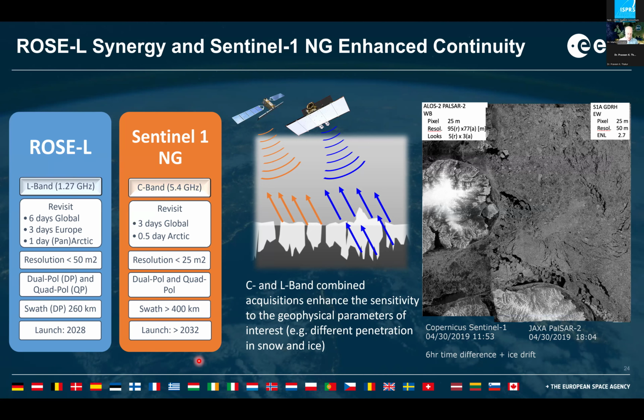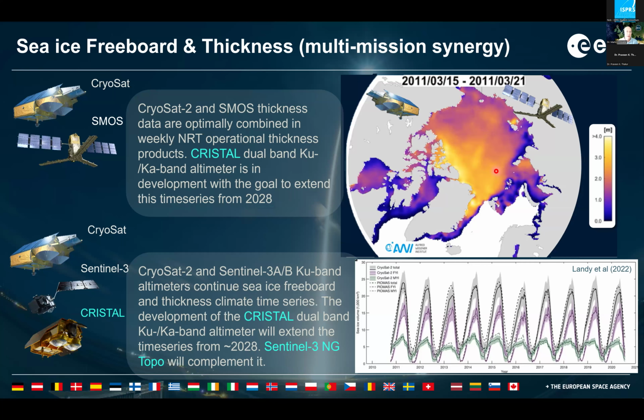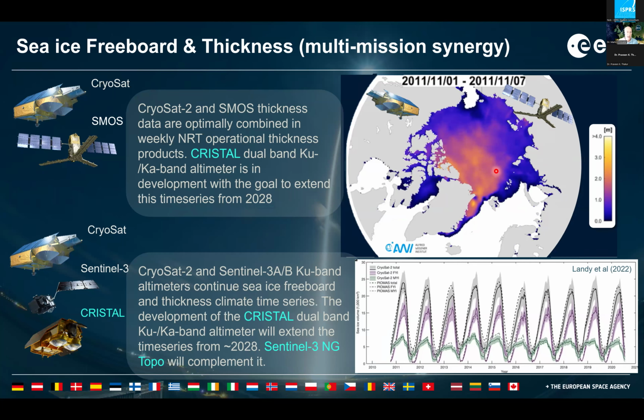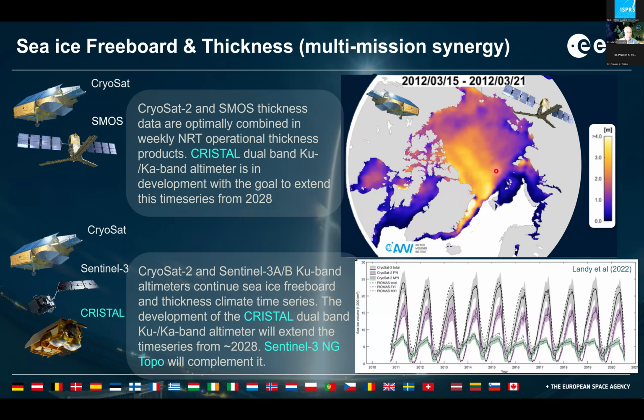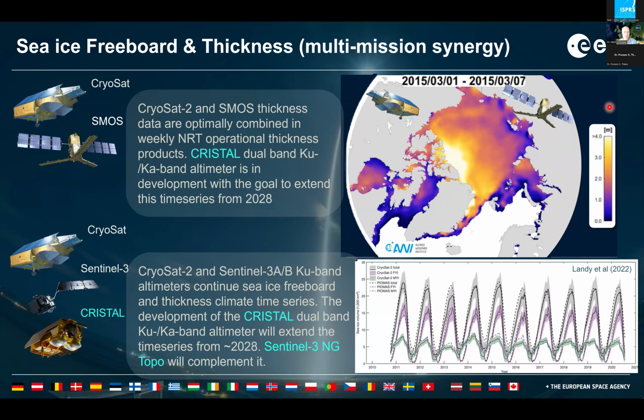So let's switch attention to sea ice freeboard and thickness. This is also part of the sea ice essential climate variable record. Today, we're combining Cryosat and SMOS in this important time series of thickness changes in the Arctic and Antarctic. This shows an example of the Arctic sea ice thickness changes in the top right movie. You can see an example of how we exploit